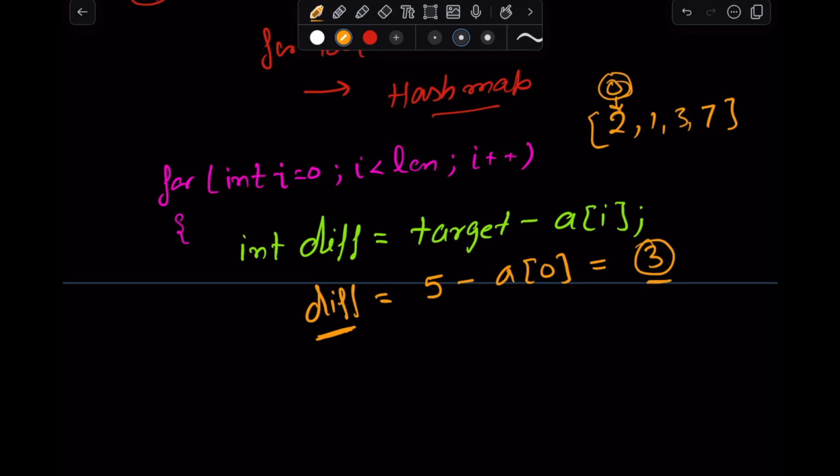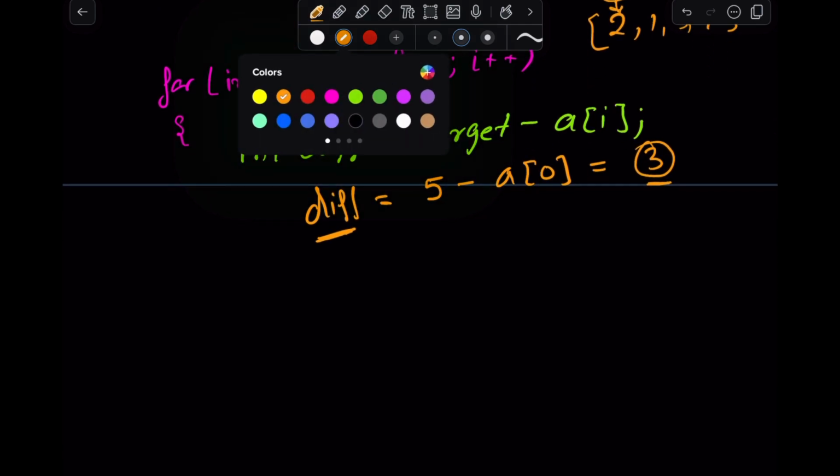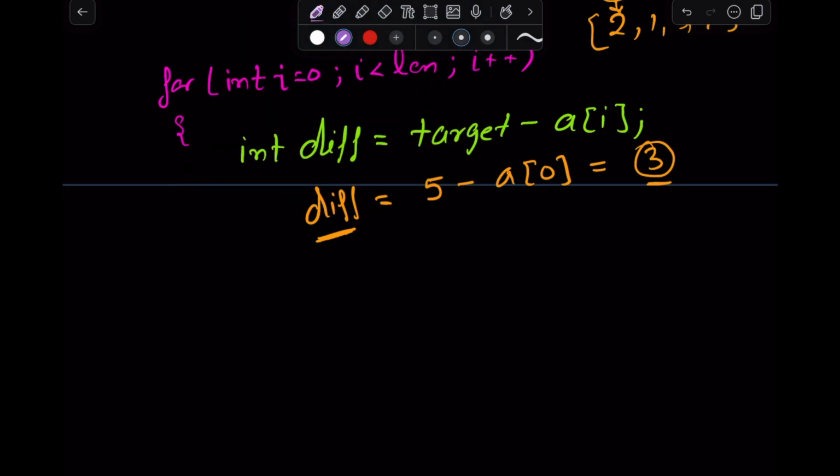So now what will we do about this number? We have the number, right? We are going to find this number inside the hash map. So we will say that if your map contains